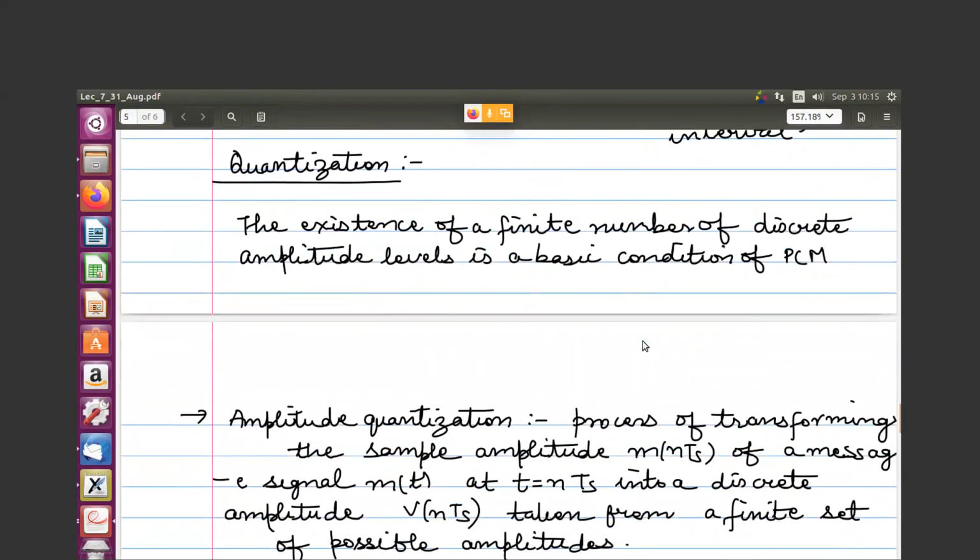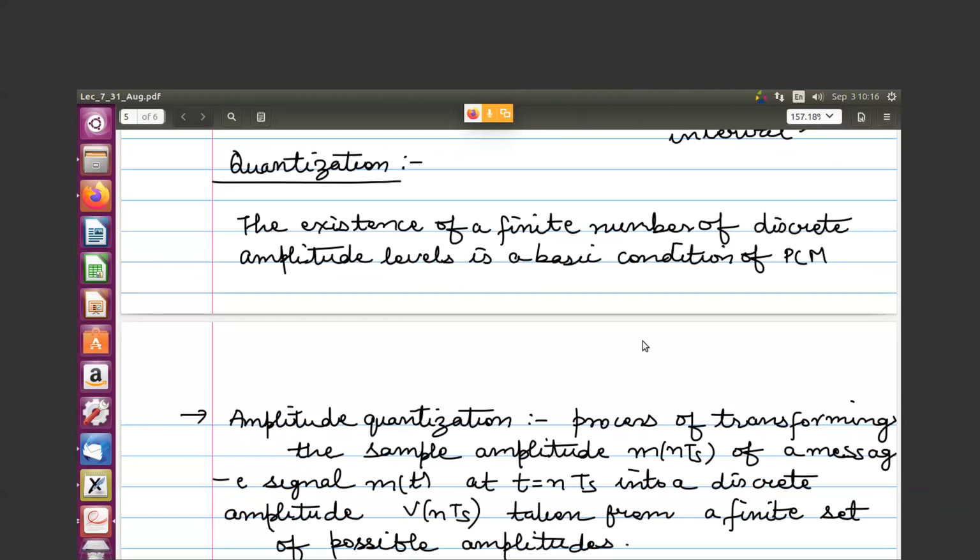Now this is very important to study, the reason being that we are still not done with the start of digital communication. It means if you have an analog waveform, we have not yet completed its conversion to the digital format. Digital format means the things have to be discrete, and in most cases, those discrete things we should be able to represent by some finite levels. So we have not yet finished that.